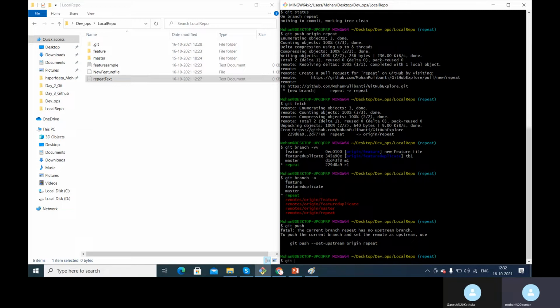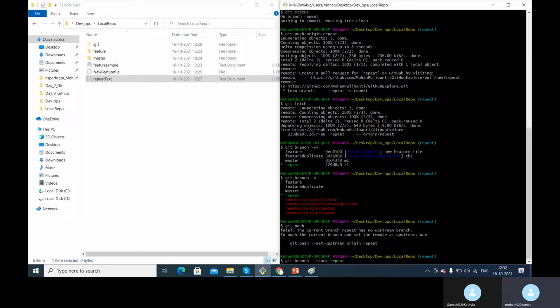To create a local tracking branch, we know the syntax is git branch --track. So we are creating a local tracking branch so that it will be connected to the remote tracking branch, and from the remote tracking branch, as it is a local copy of the remote repository, it will get updated automatically.